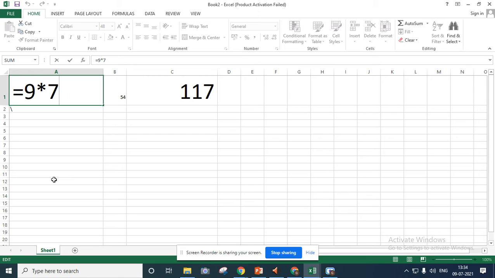Next comes constants. Constants are either numbers or text. The value which remains the same, the value which doesn't change, is called your constants. Next comes functions. Functions are built-in formulas in your Excel sheet. Whatever formulas you are using in this, these are your different functions. So understood which elements are there in your Excel sheet? Yes, ma'am. That is cell reference, operators, constants, functions, and one more, that is operands.